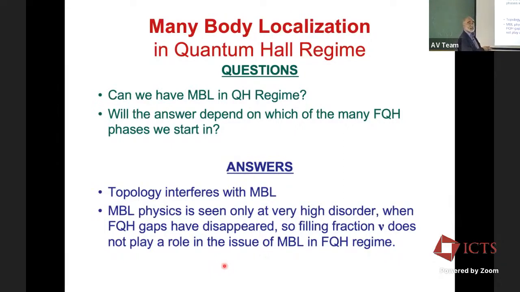I mean, our physics is all within a Landau level. So if I take only one Landau level as my Hilbert space, even for the non-interacting problem, nothing happens. The critical point is at the middle of the band, and it stays like that. It doesn't matter how much disorder you add, because the disorder is just a scale parameter. It doesn't change the physics at all.